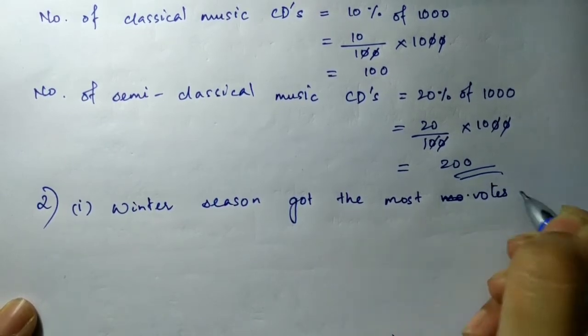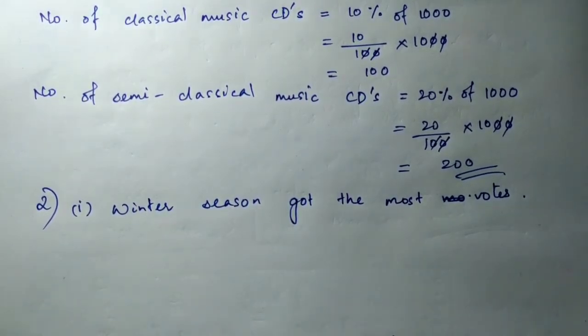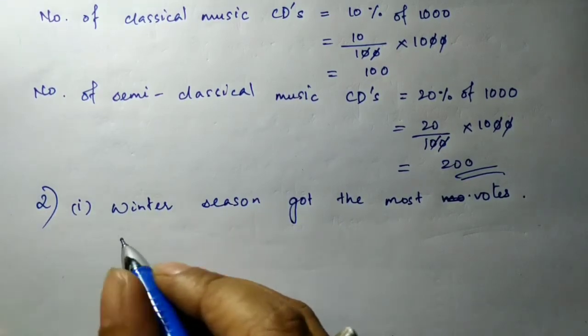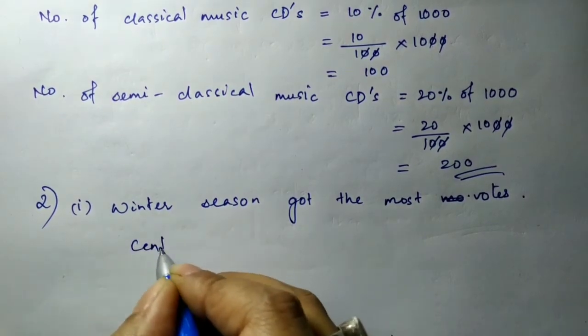So this is how we do. Now the second one is given: find the central angle for each of the sectors. Central angle means, in order to draw a pie chart, different sections are given. So how do you find which section is of what part? For that we calculate, before going on to number 2, I'll show you how to calculate the central angle.